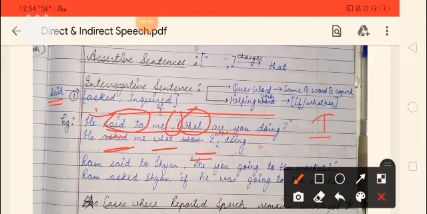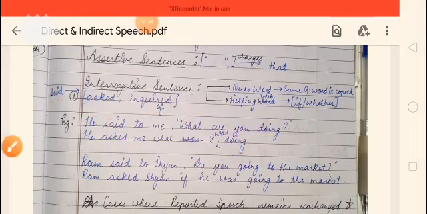Okay, so that is why we will use what, then you becomes means. See, he said to me, he is saying to me, so which pronoun will I use for myself? I. So what I am doing is present continuous, so it changes to past continuous, so was doing. Okay, now